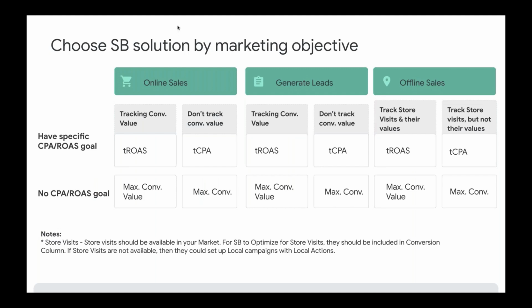If we map this to marketing objectives, you can see here that these smart bidding strategies are applicable to all different business models. So if you're in e-commerce generating online sales, you can leverage all of them based on the decision-making tree there and based on your setup. Same thing goes for lead generation, and same thing goes for offline sales, as long as you're measuring those conversions